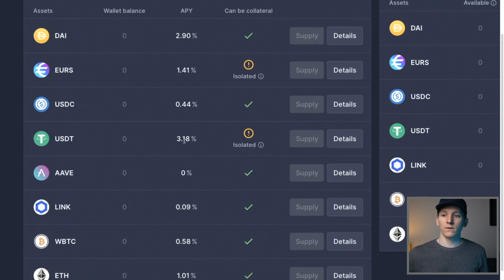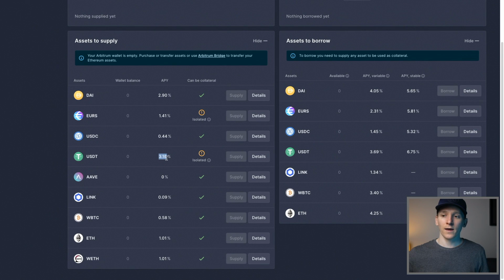Now for stablecoins, you can get at the moment around 3%. Again, it's not a lot, but that is commensurate to the risk you're taking. If you want to get 10 or 15%, you're welcome to take much more risk, basically junk bond risk, or if you want less risk, you have to get a lower yield.